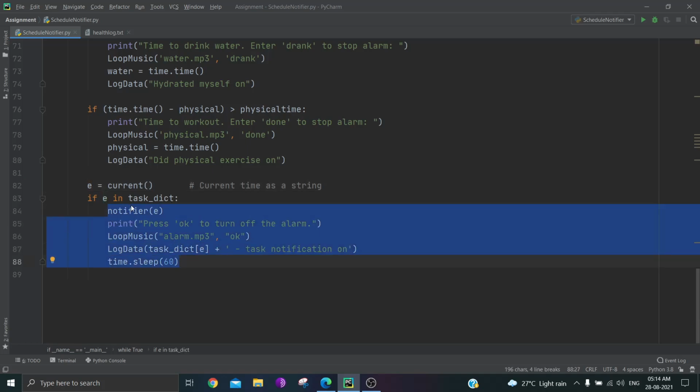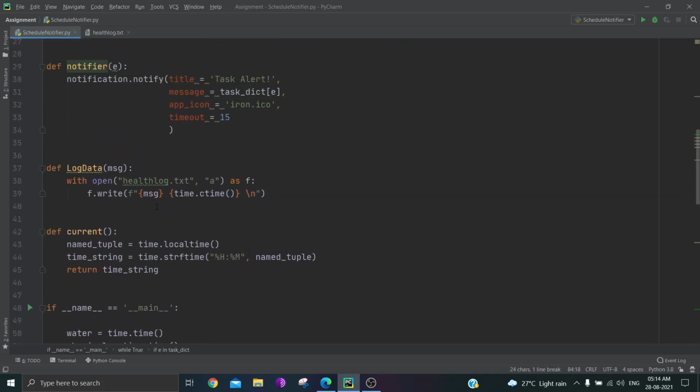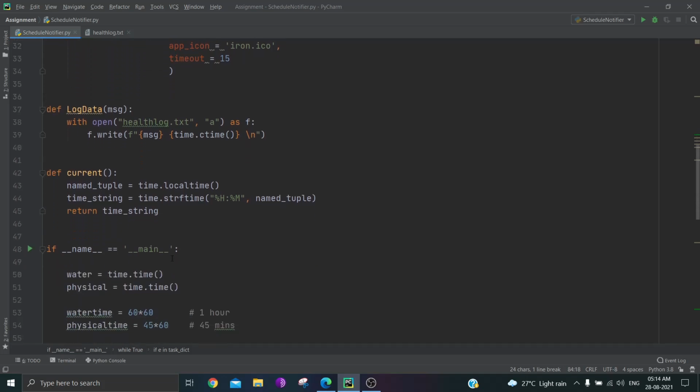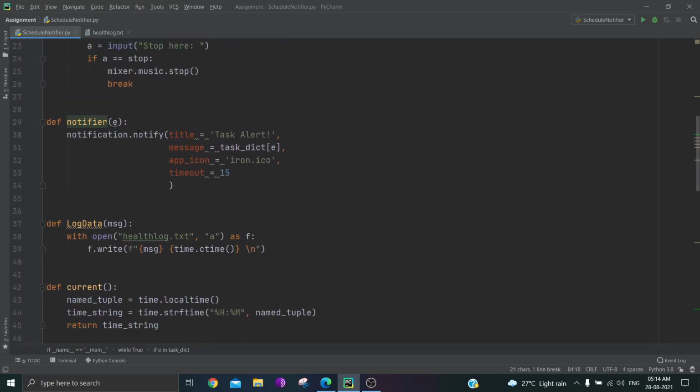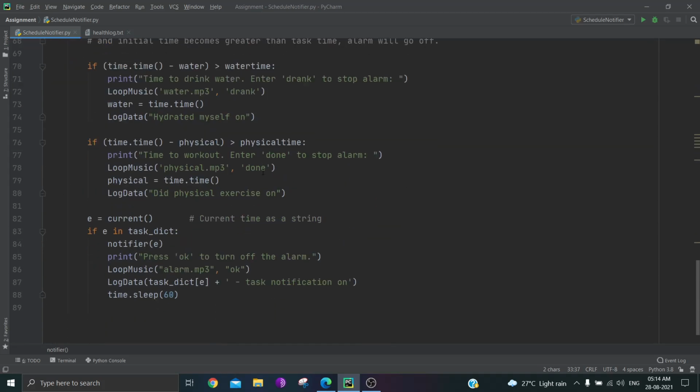Hence it will call the notifier function along with the time in string format, and it will notify us with the task alert title, the message which is at the value position, and the icon, and it will be displayed for 15 seconds.